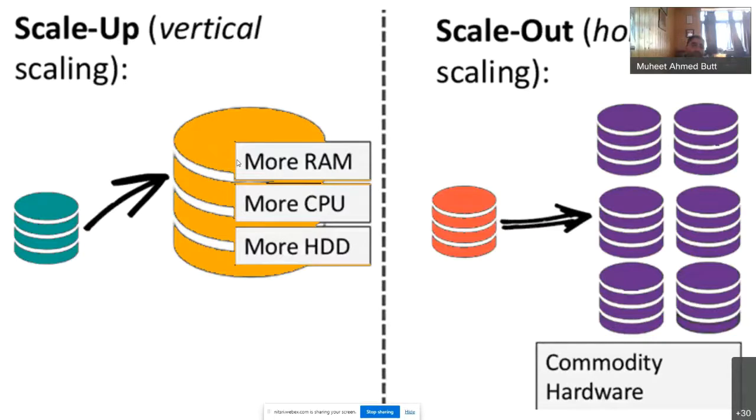Whenever we talk of SQL databases, we actually scale up, and whenever we talk of NoSQL databases, we actually scale out. What is scale up and what is scale out? Scale up is, for example, you have a building and you are adding a floor to the building. When you are adding more floors, your requirement is increasing and you are adding more floors to the building, obviously it will